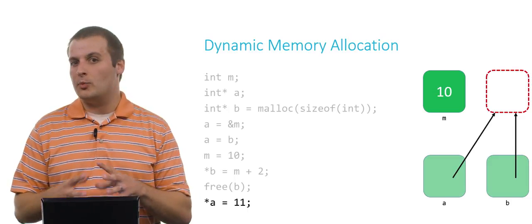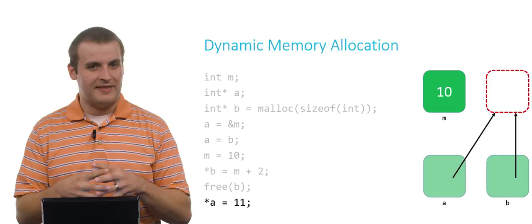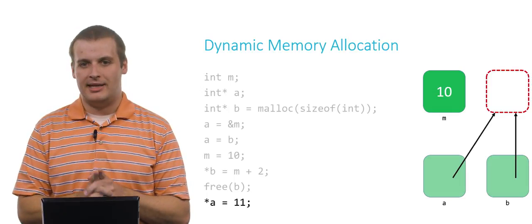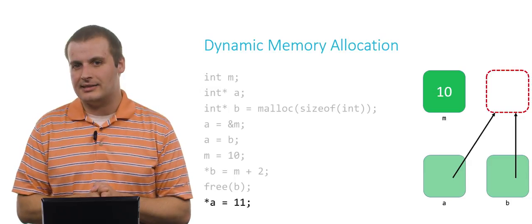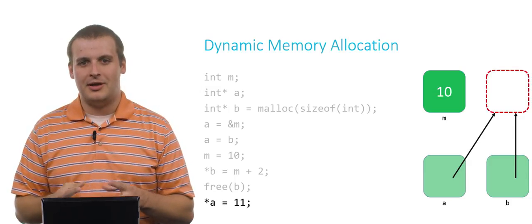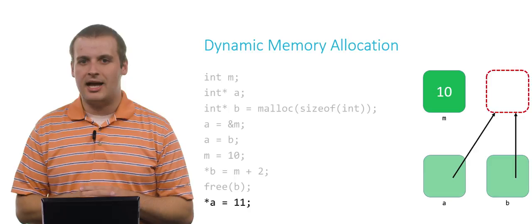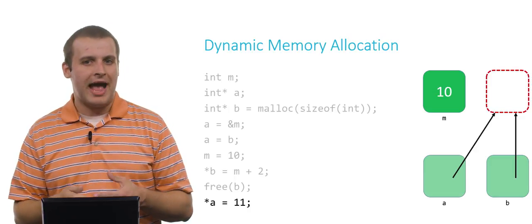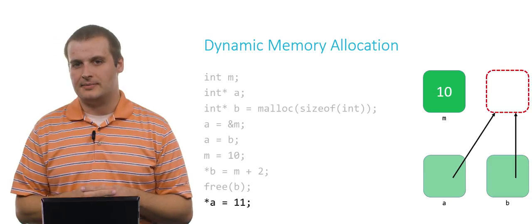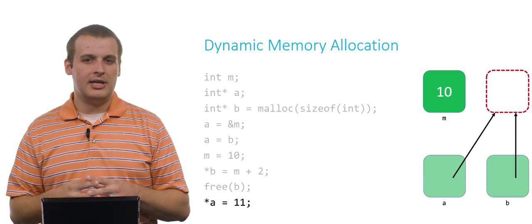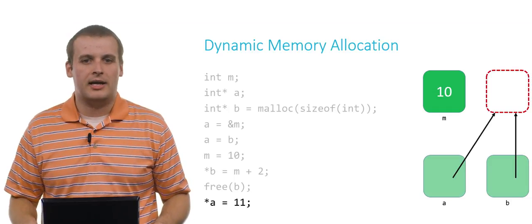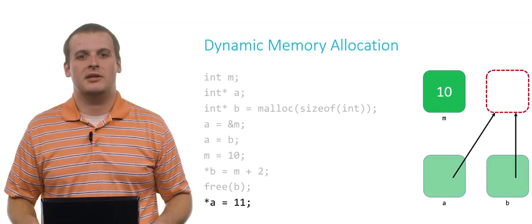Because now, although previously that chunk of memory was something that I had access to, at this point, now I'm accessing memory that is not legal for me to access. And as we probably recall, when we access memory that we're not supposed to touch, that's the most common cause of a segmentation fault. And so my program would crash if I tried to do this. So again, it's a good idea to get good practice and good habits ingrained when working with malloc and free so that you don't suffer segmentation faults and that you use your